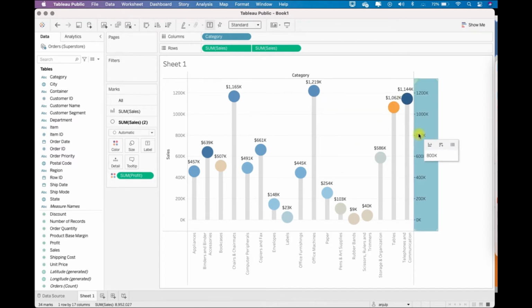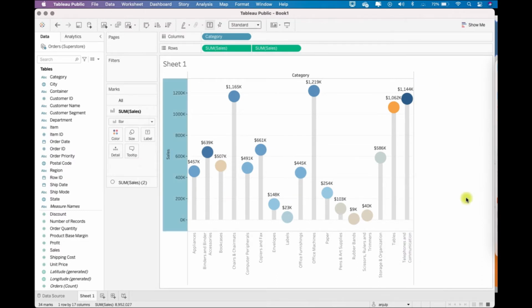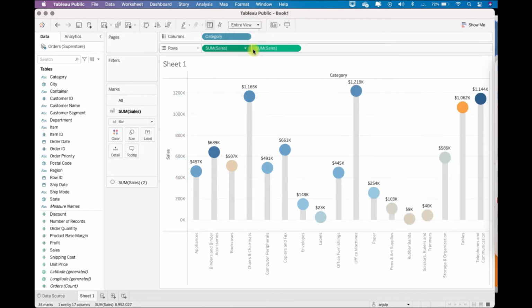And just hide this header. We don't need both side headers. And you can set this to entire view. Now what else you can do, you can format the tooltip also if you want.